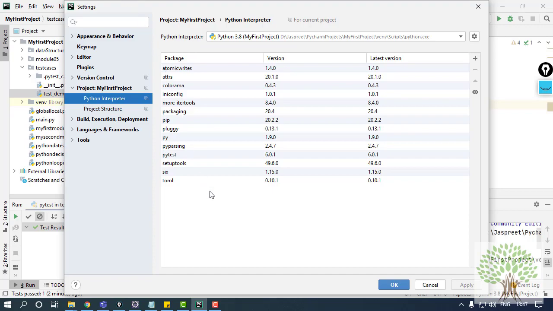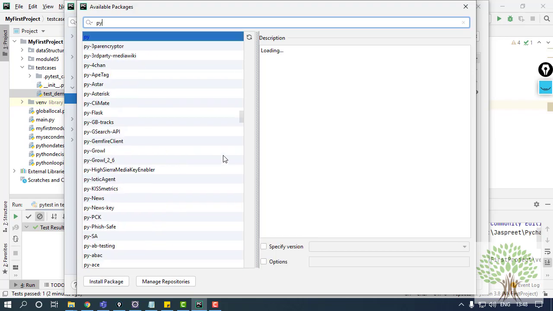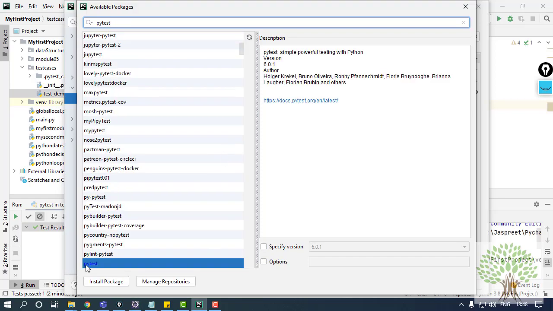All of them. In your case, if you are running the test cases for the very first time in PyCharm, you will not get this many packages. You have to add the packages manually. How? Just go over here, click this plus button, and this kind of window will open up. Now, whichever package you want to add in PyCharm, you need to give the name. Like, I want to add PyTest. So that package name is going to come over here, highlighted. You just need to click on install package.